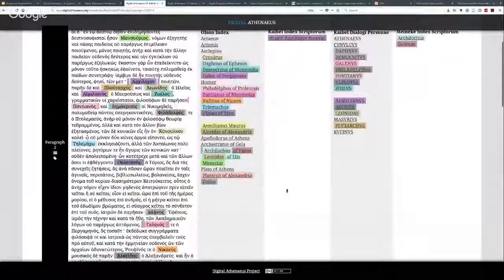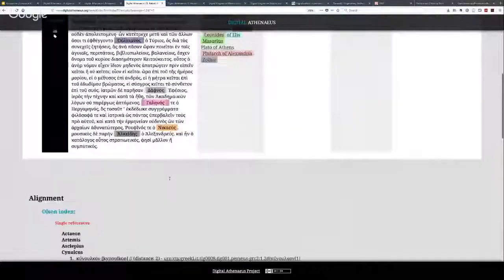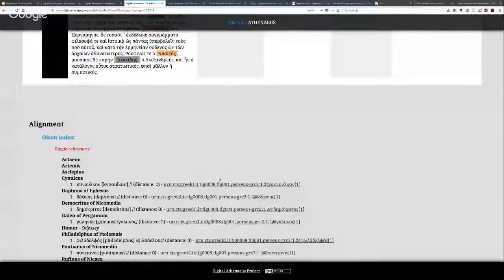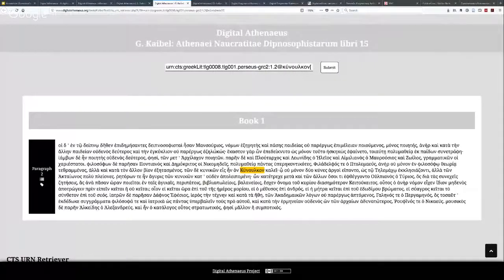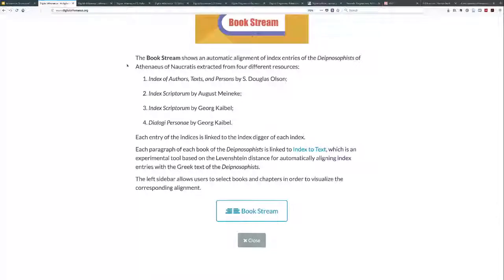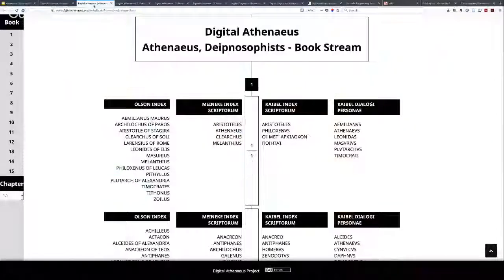And this is the alignment. I see the text, and I also get the specific identifier for each name. I have a URN, which is a specific identifier, and I can isolate a specific person, an author name or personal name in the text. So this is an example. I don't want to go on a lot because there are many things involved here, but this is an example of annotations of reused authors.